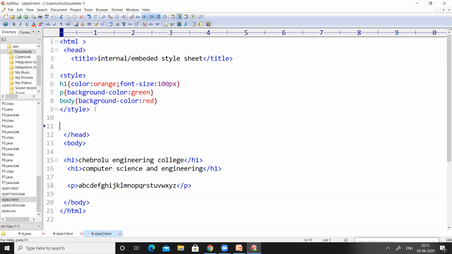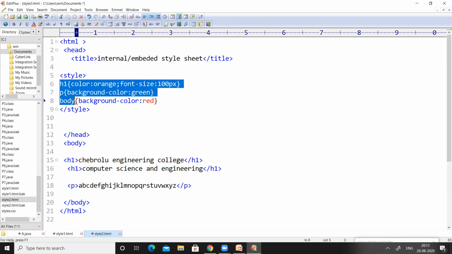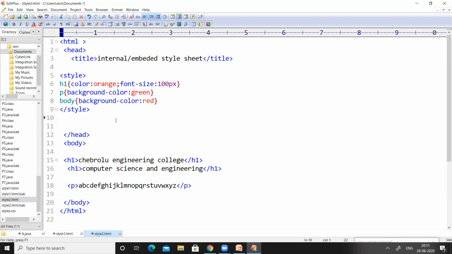If you observe the program, we have applied styles for 3 HTML elements, right? H1, P, and then body. What we have done for H1 is that we want the color to be orange and the font size to be 100 pixels. For P, we want a background color of green, and for body, we want a background color of red.